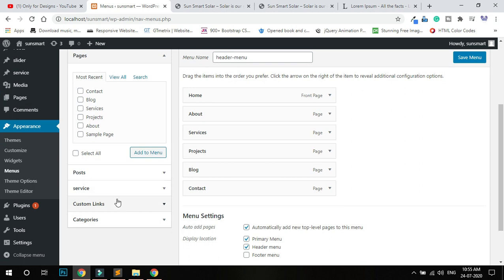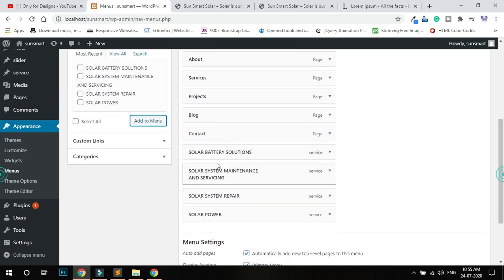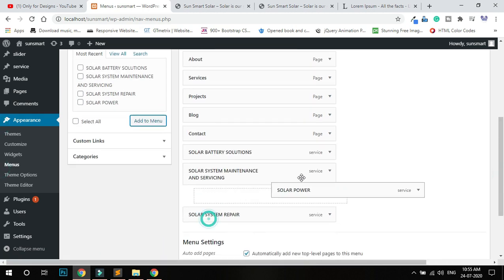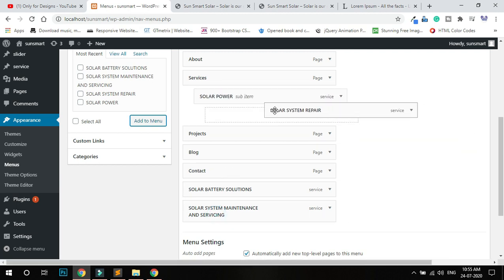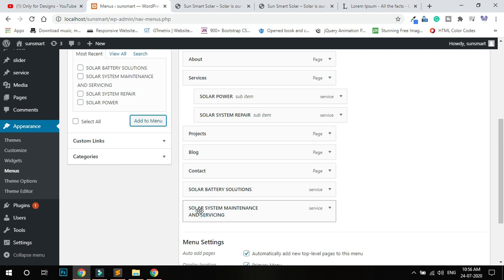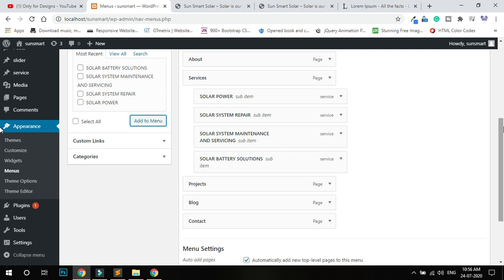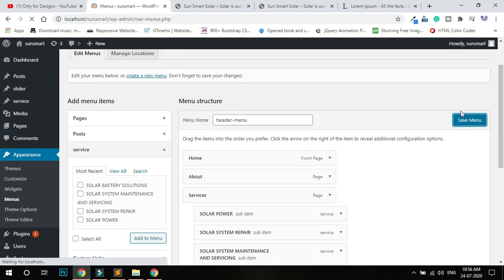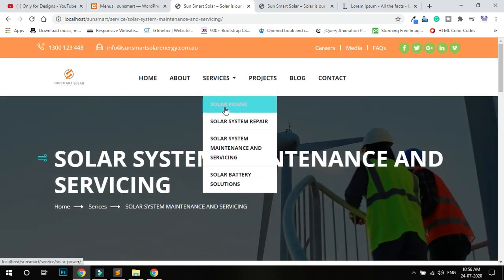So you can see here service, and select all, add to menu. You can see it's already added. The first one, just drag and drop. It's a very easy way. Then save, then refresh. You can see my drop down is done.